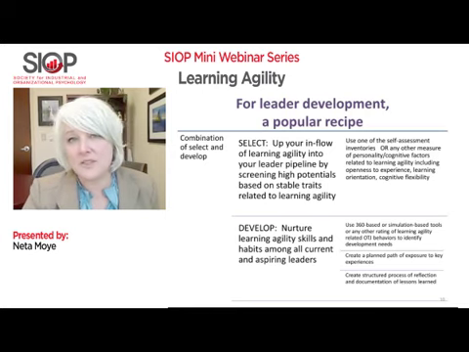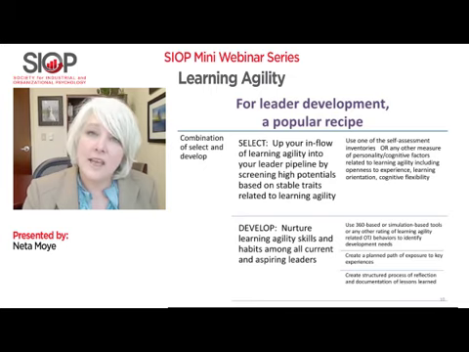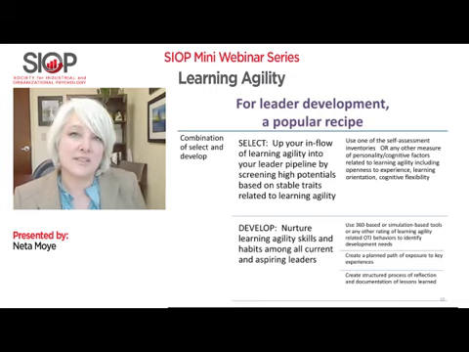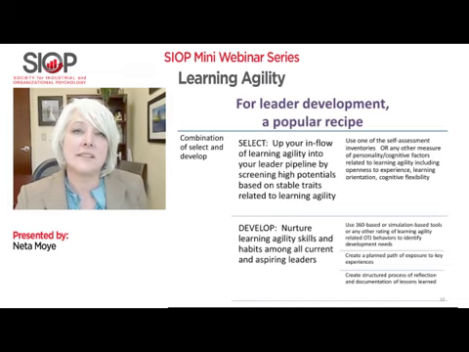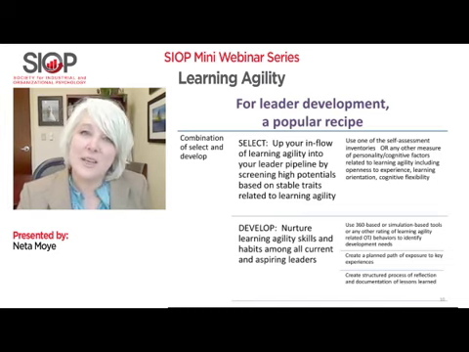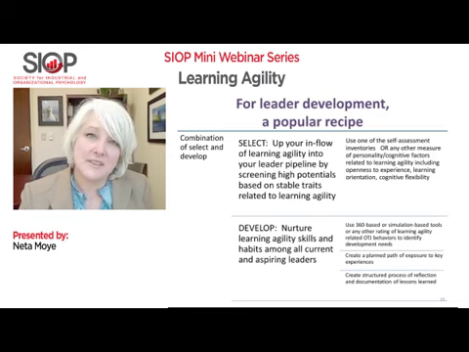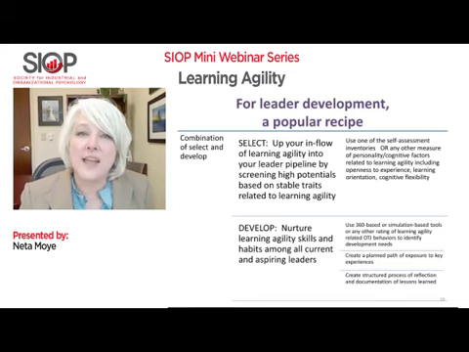And there's a process over there in the right column that says how you would use it. It's a really great place to use a 360 tool, to help people understand where they have gaps with regard to learning agility. Create a planned path of experiences. So look for some key leader experiences that you could have people chart a developmental path around. And then around those experiences, you would create a structured process of learning. So it's a structured process of reflection and documentation of lessons learned so that you can help build that learning practice habit.